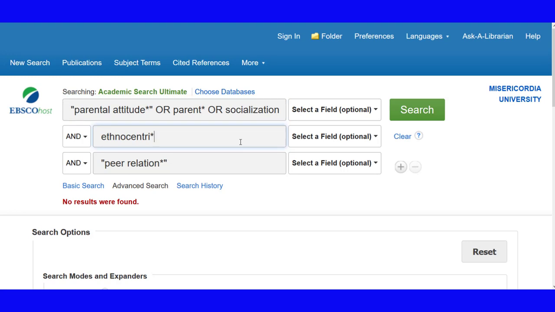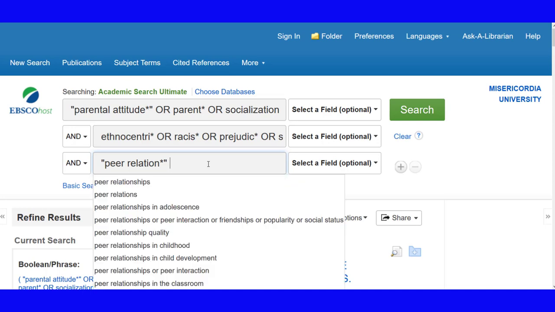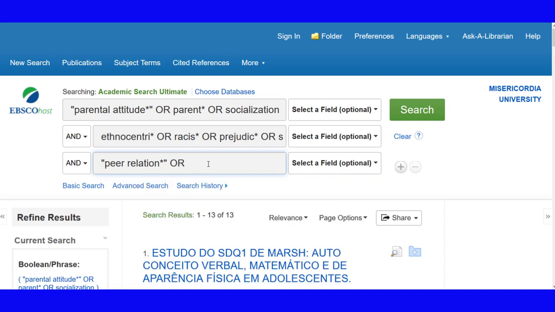So one of these other concepts needs to be represented differently to find something in this database. Okay, but not great yet. So one of these concepts has to be improved. So let's try